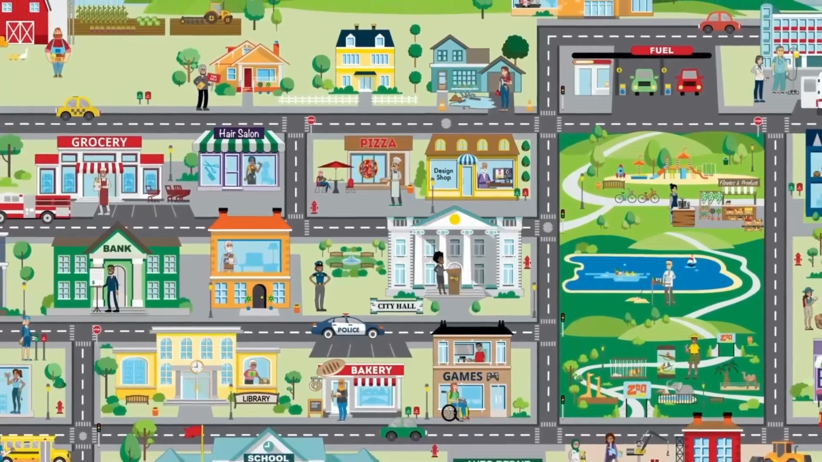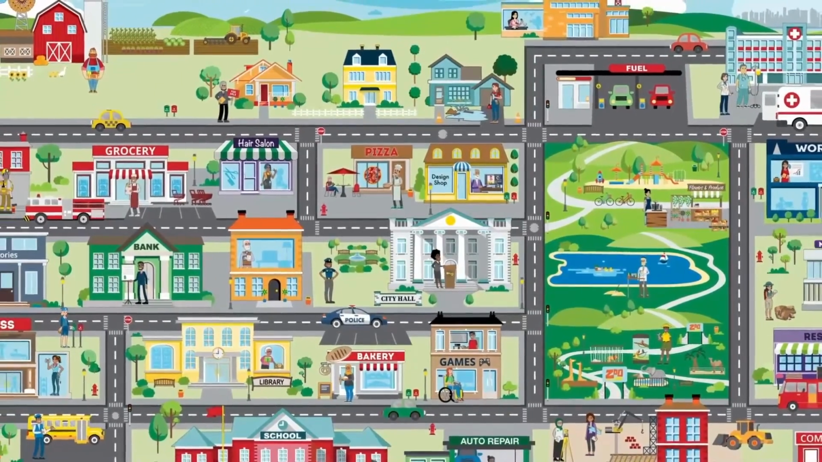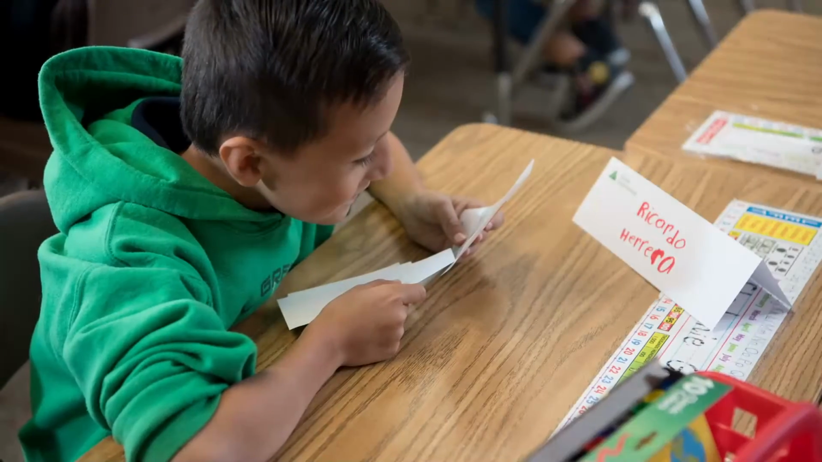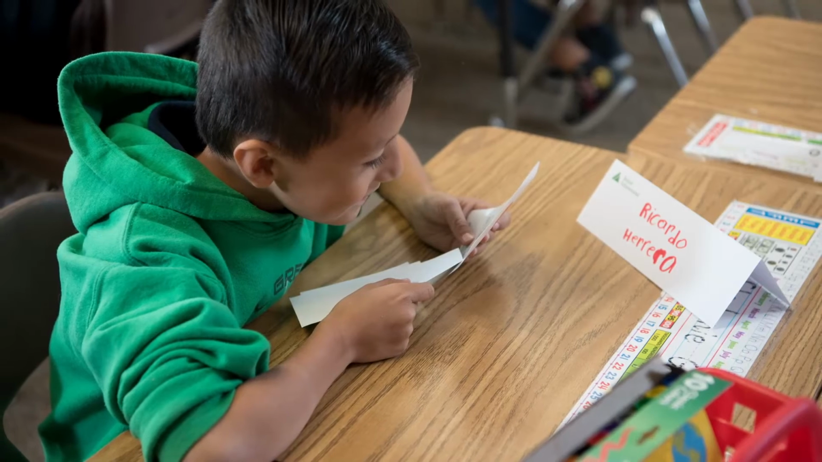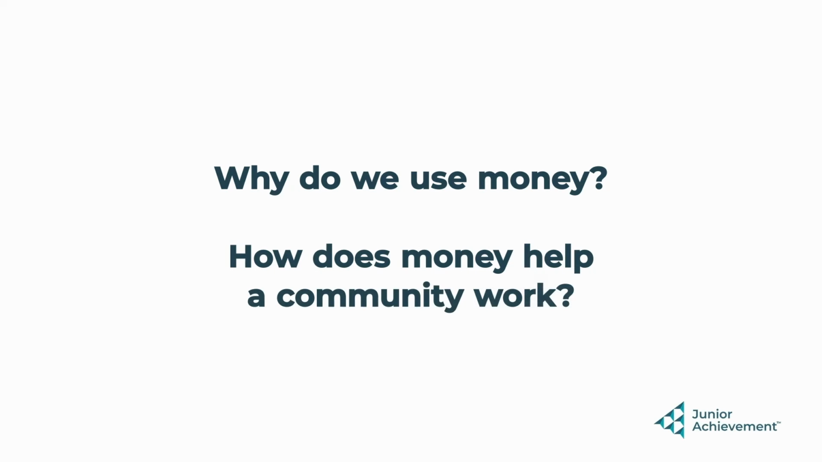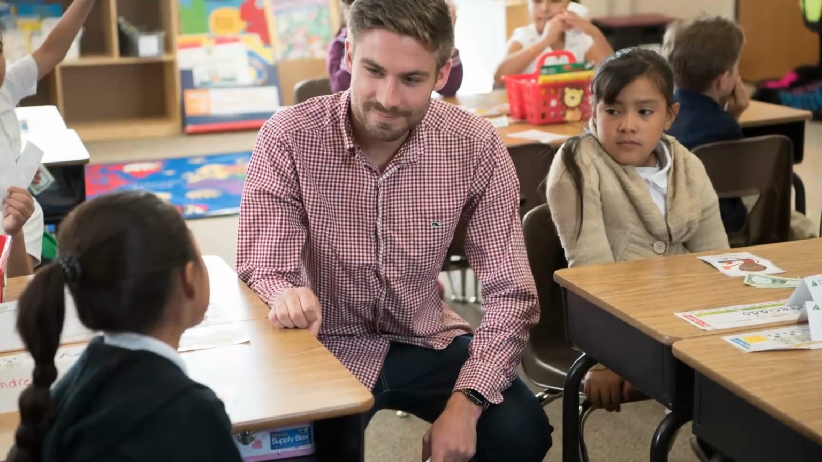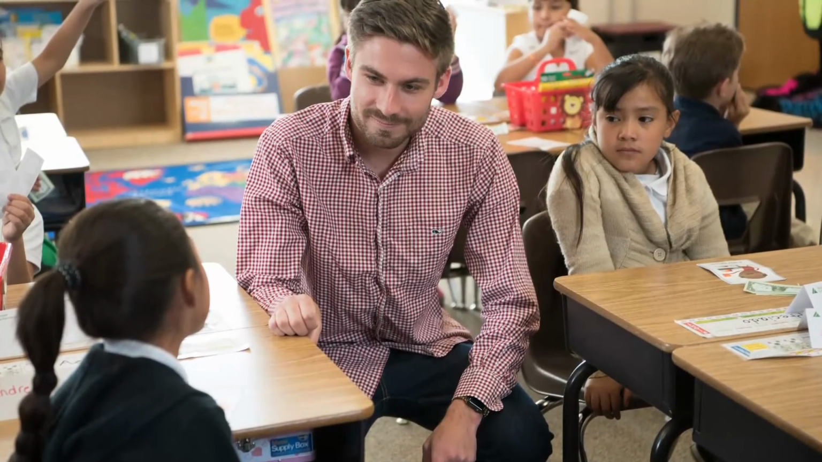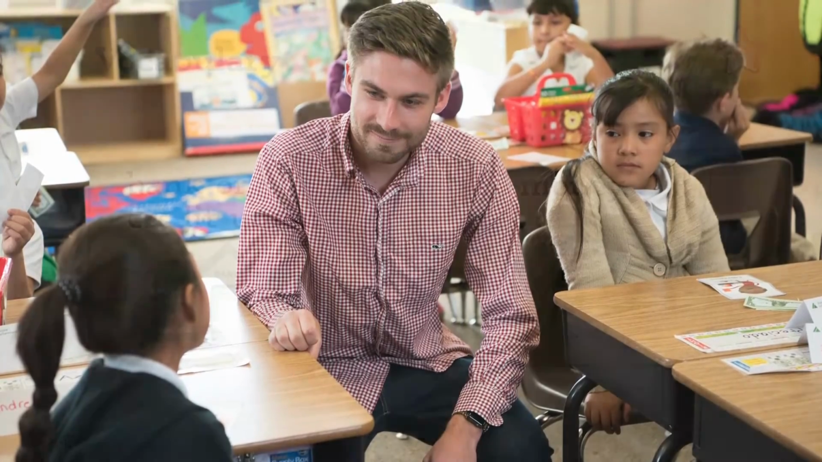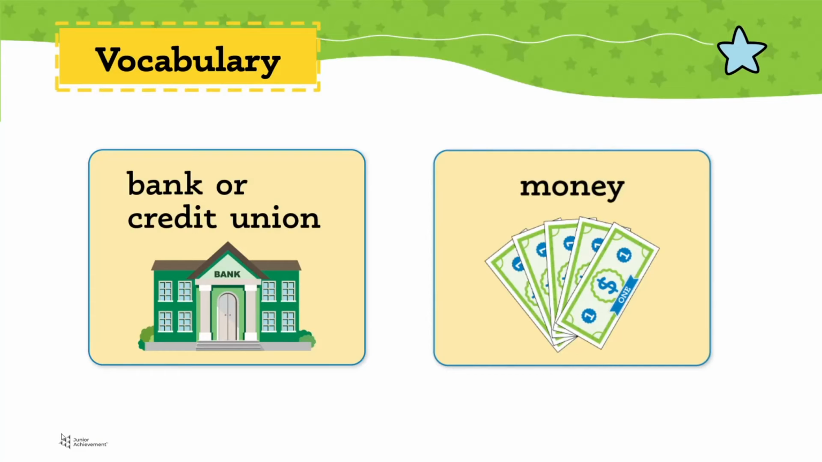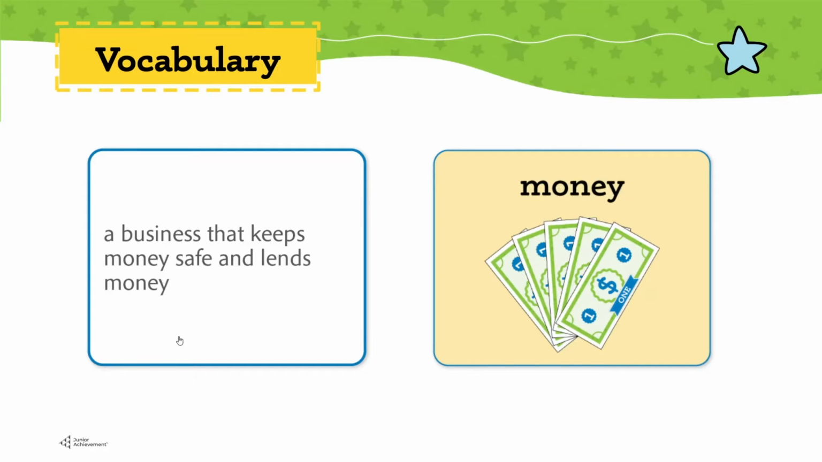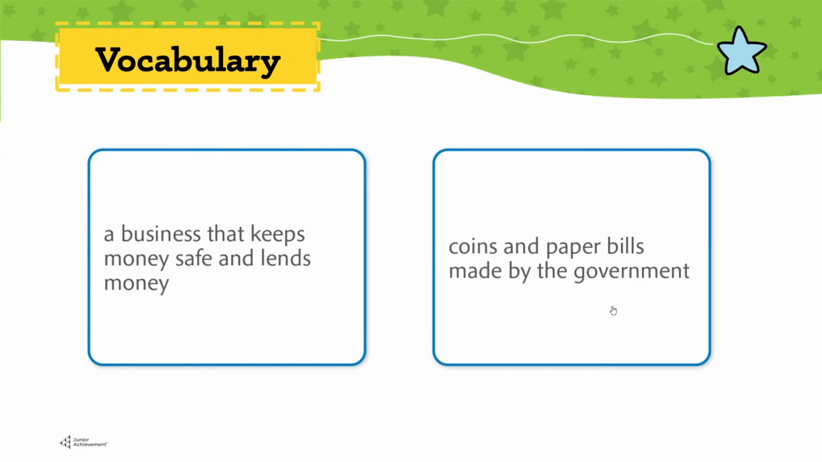As class begins, display the JAR community map, pass out the table tents, and greet the students. Ask the class, why do we use money? And how does money help a community work? Engage the class in a discussion about the money they earned in the last session while making pizza using the questions in the guide. Invite students to define vocabulary terms in their own words before revealing definitions on flashcards and